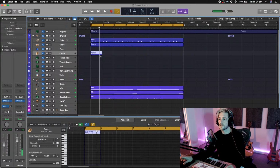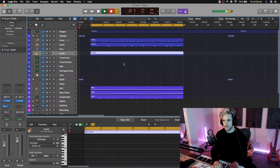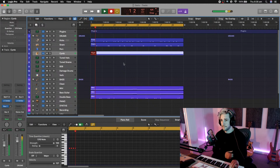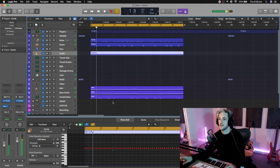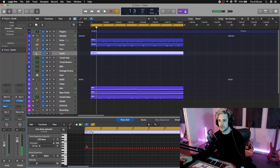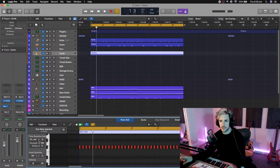I think I'm gonna have to draw this in. What I'm gonna do actually is I didn't mean to do that. So I've just played like a straight pattern. The reason I played it in is you'll see there's very small variations there. I kind of like those. There's not much, but it's just a little bit more human than just